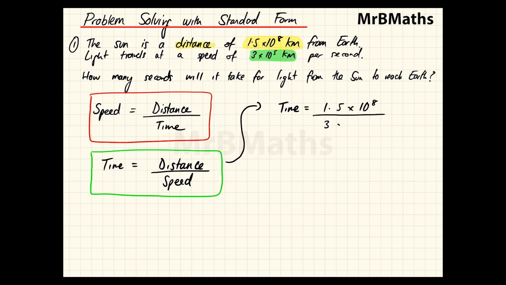Now, much like in the previous video where we did dividing, we have to do the same principle here. So I'm going to do 1.5 divided by 3, which will give me 0.5, and then I have my powers, the indices. I have 10 to the 8 and 10 to the 5. Remember, dividing, you subtract the indices, so it will be 8 take away 5, which will give me